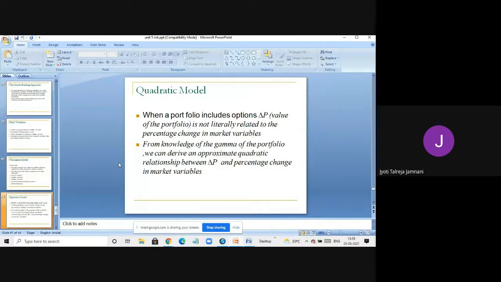Gamma will tell you how the price of the option contract is changing because of change in the market variables. So using that gamma value, you can find out what percentage change in market variables will lead to a certain amount of change in the option, or it will tell you by how much, if the market variable changes, what would be the change in the option. Like if the market variable changes by 1 rupee, the option value may change by 50 paise. So it is giving you that answer of 50 paise. Or you can say if the market variable changes by 100%, the options will change by 50%. How to calculate gamma, there is a formula for it. When we do the module on options, there you will understand how to do that.